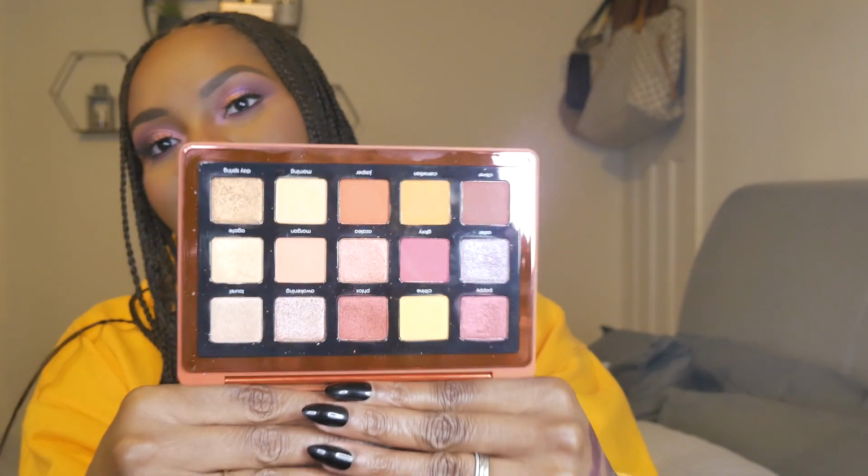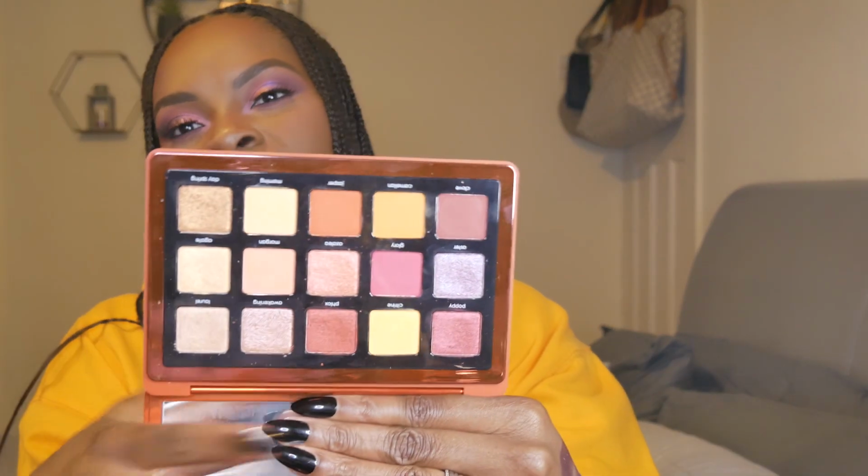Now I've ranked the Sunrise palette at number 9 because it's so much fun. It is a really, really fun palette. Again, it's the same kind of tones I love, but it's one of my favorite summer palettes, not my favorite, but one of my favorite summer palettes because it's got your reds, your oranges, your yellows,